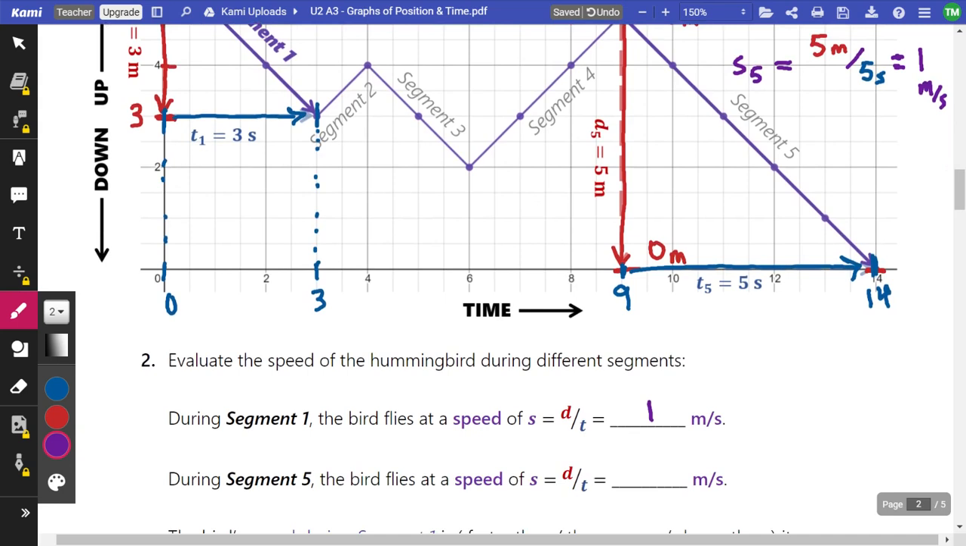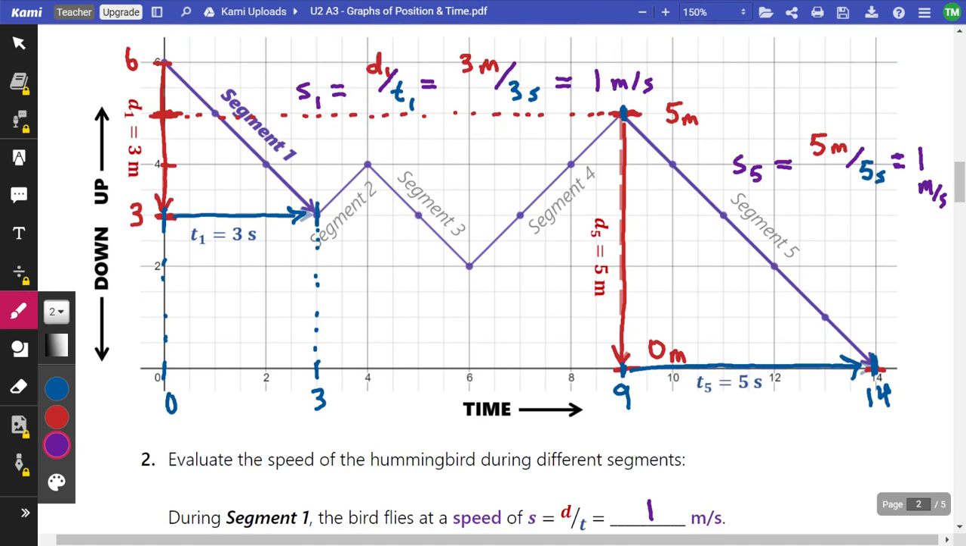Okay, just like segment 1. Now you might actually be able to see this if you compare the slopes of segment 1 and segment 5. So let's go back up here for a second. If you compare the angle of how segment 1 is going down like this, and you look at segment 5, it's going down like that, the slope or the angle is about the same for those two segments. Okay, you can even break this up into smaller chunks and see that the speed is 1 meter per